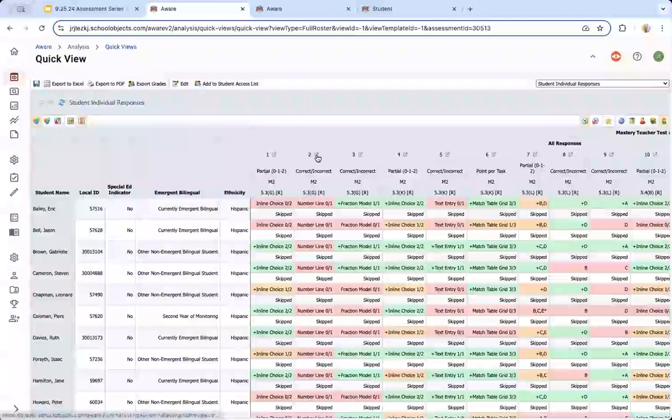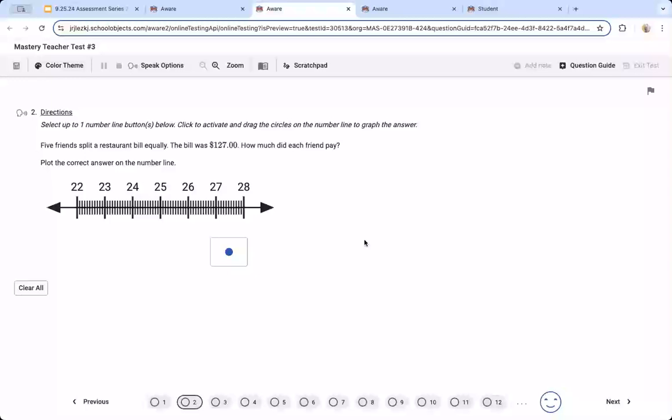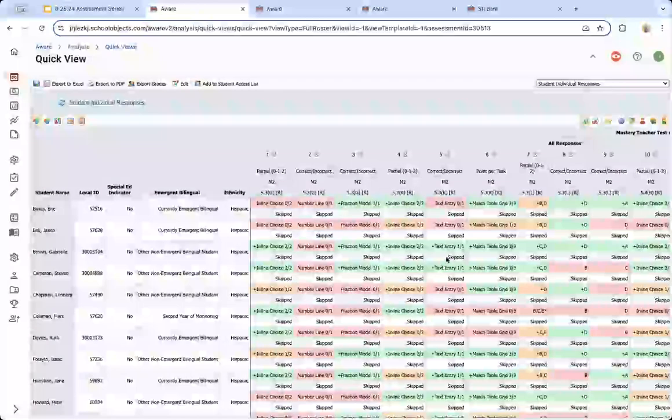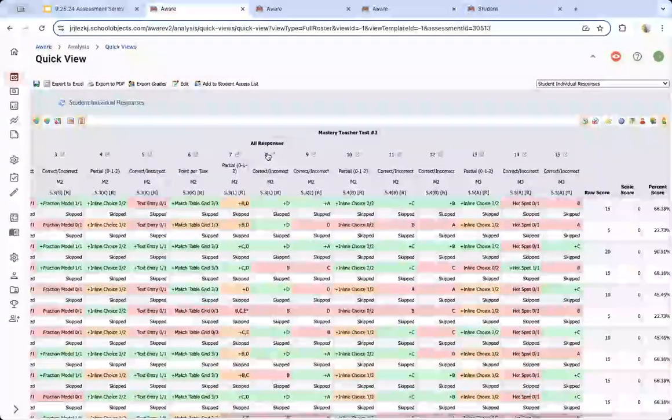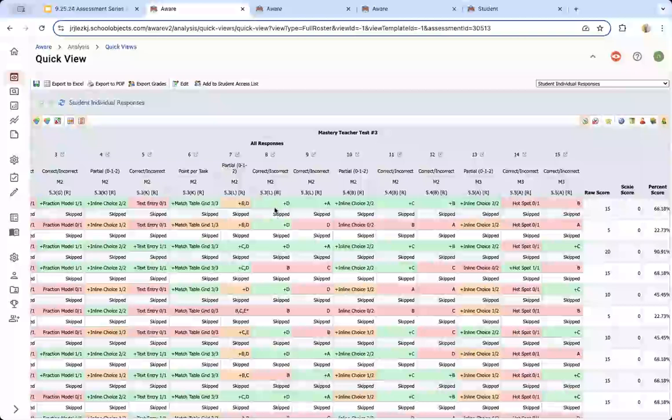Well, I'm curious, what is this question? I can click this preview button at the top of the column, and it will load the question for me in a new tab. I can use this to decide, is there a misconception that the kids might be having about this particular question? I can read through it, put myself in the chair of the kid, and try to answer that question. If it's a multiple choice type question, I can look at, let's say, number 8, just as an example, even though I'm not focusing on it.